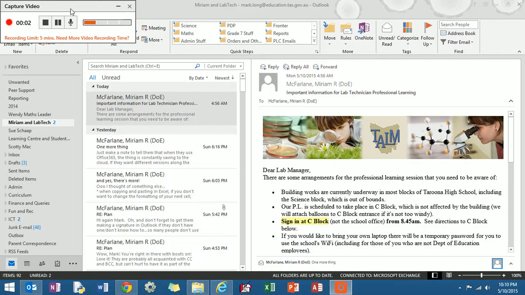Okay, so this last video is going to be on using Outlook. We're going to be doing two things, the first of which is developing a signature for ourselves to give our emails a little bit more of a professional look, and the second is creating a group-based email so that when we want to send emails to a large group of people, perhaps you're contacting a number of different colleagues, say the different lab technicians around the state,